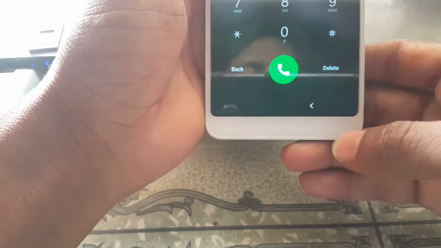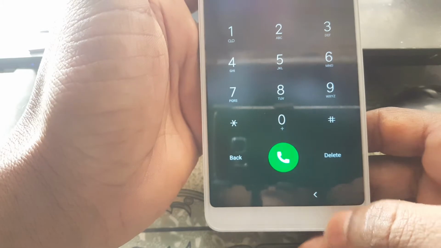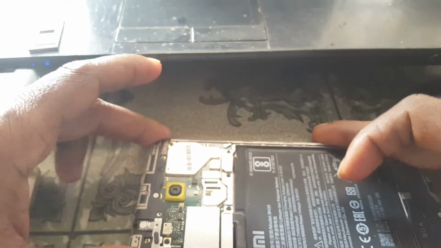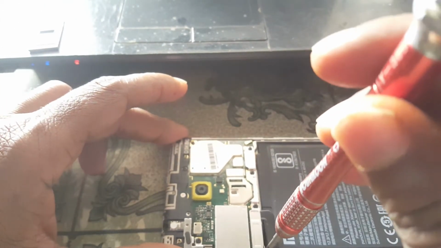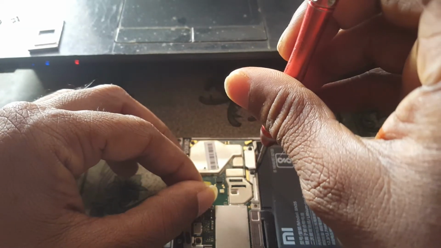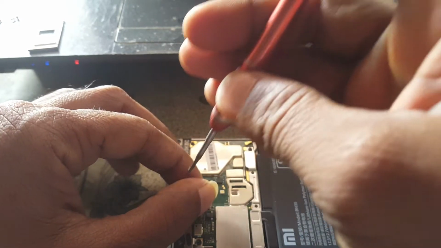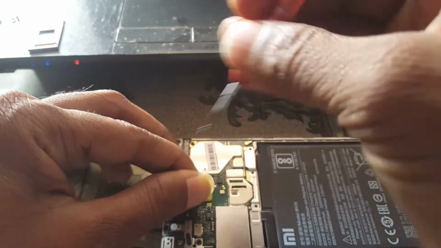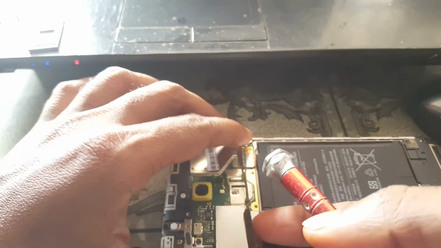Okay, okay guys, now simply remove battery. Just remove battery. Okay, and guys,